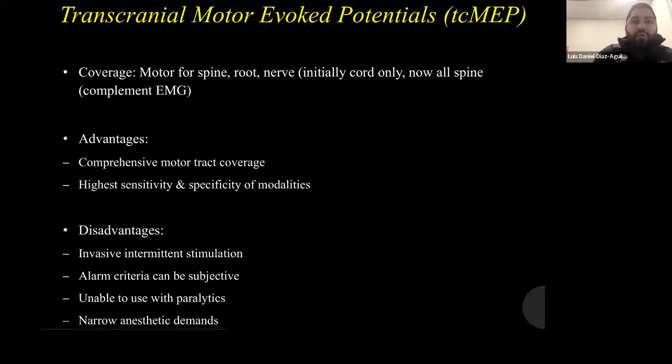Moving on to transcranial motor evoked potentials. This is coverage of motor for the spine, the root, the nerve. What's an advantage is that it's comprehensive motor tract coverage. It has the highest sensitivity and specificity of all modalities. However, it does require invasive intermittent stimulation, requiring an actual activation by the surgeon or by the electrophysiologist. The alarm criteria is somewhat subjective and it is unable to be used with paralytics, with also a very significant effect of